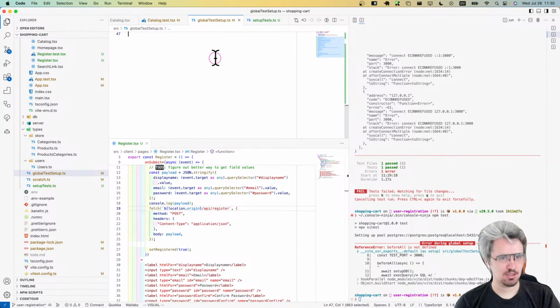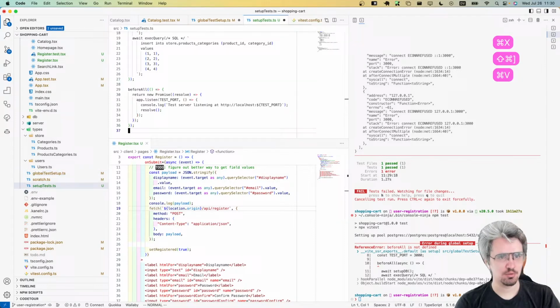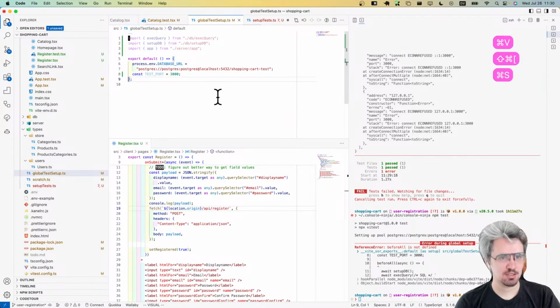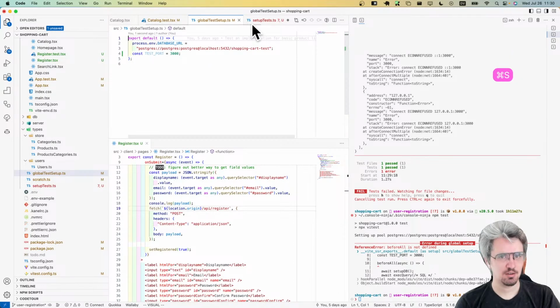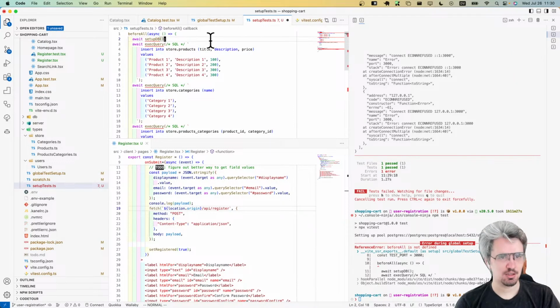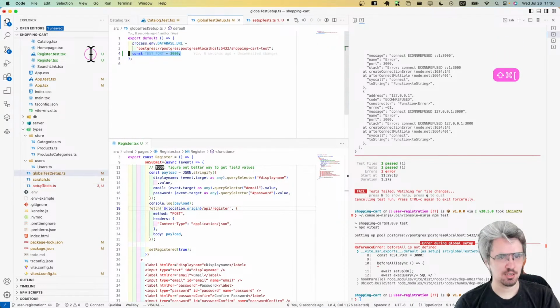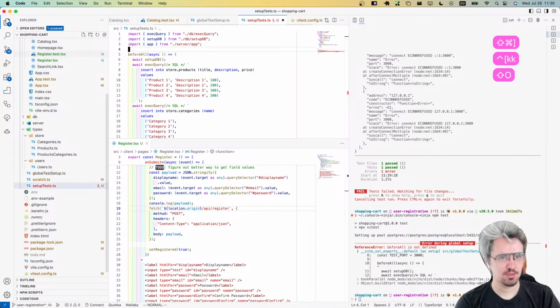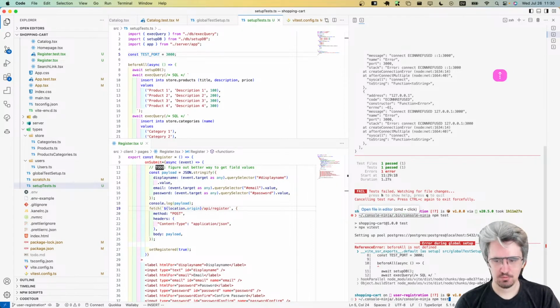And I'll take these before all and I'll move them into setup tests. And so I don't need these in there, but I do need them in here. And then I need my test port in here. So now